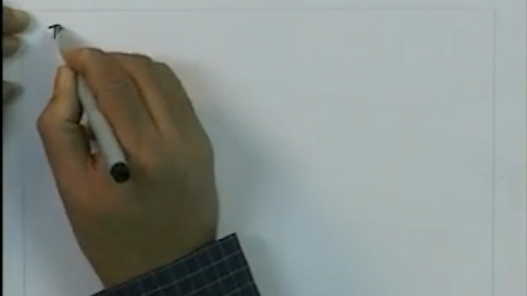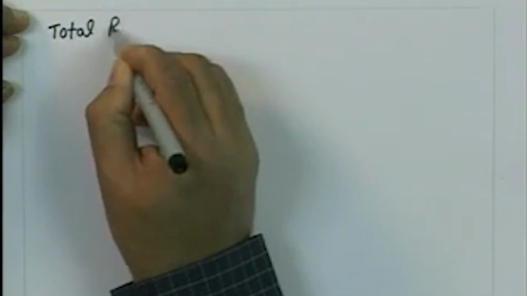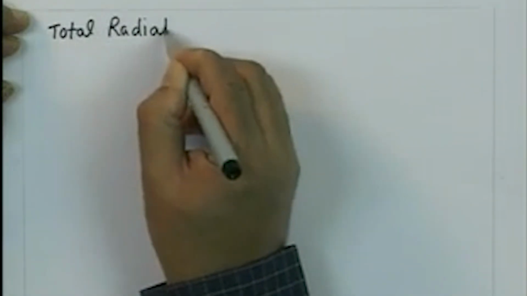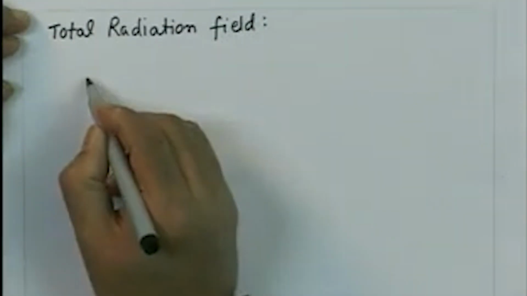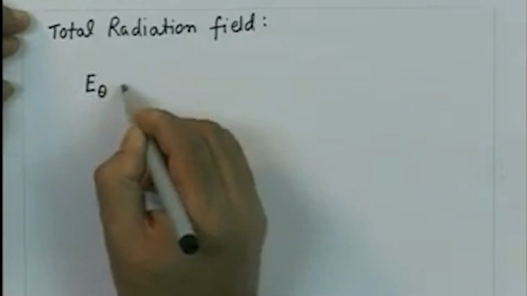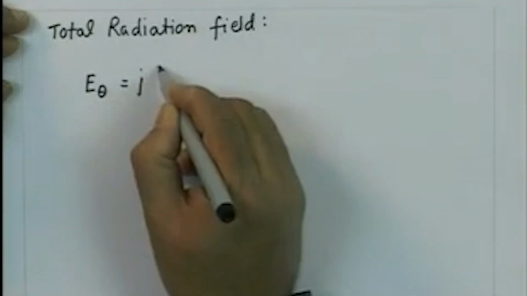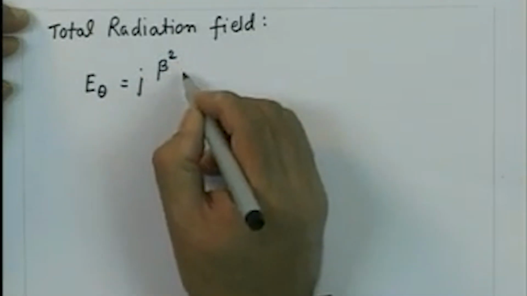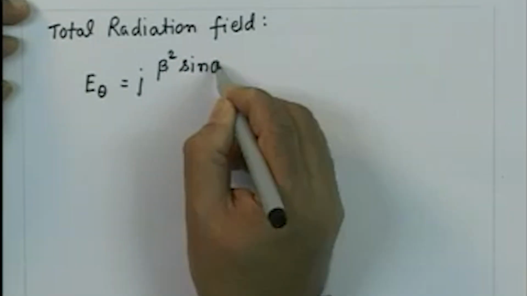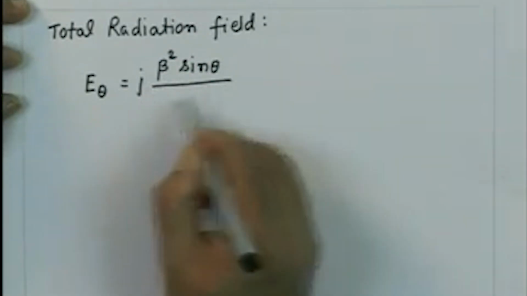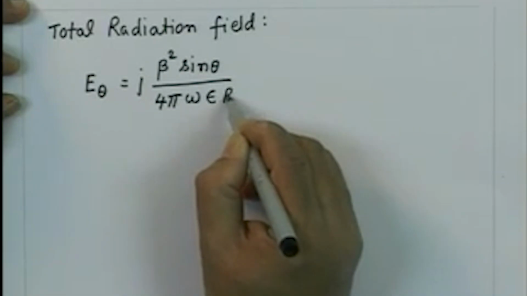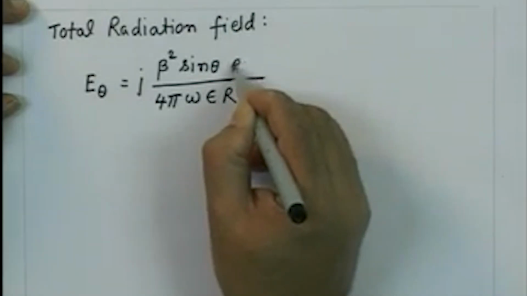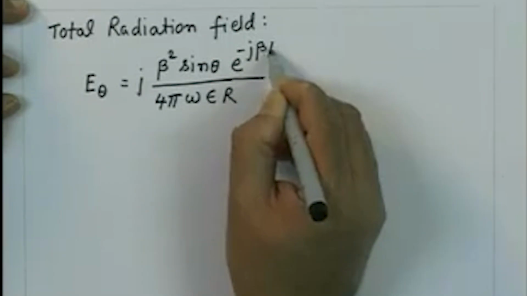So, we get now the total radiation field E theta, that is equal to j beta square sin theta upon 4 pi omega epsilon r e to the power minus j beta r